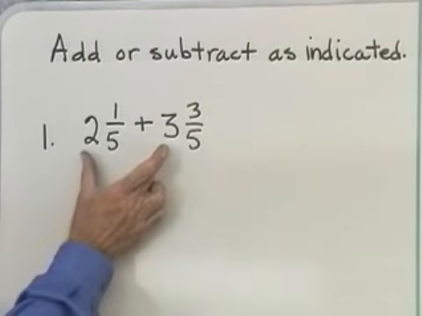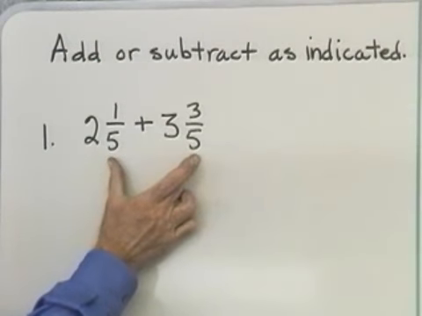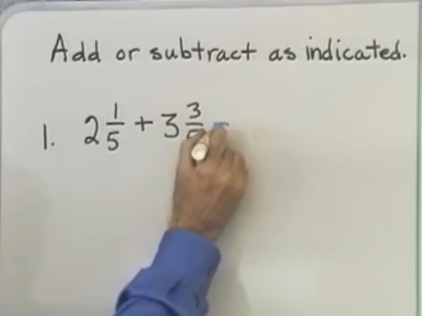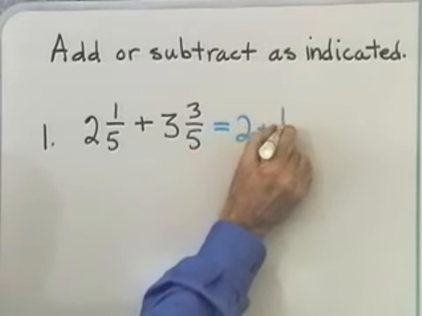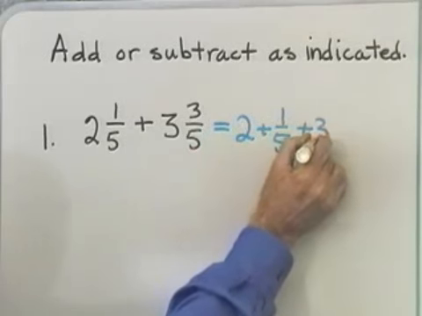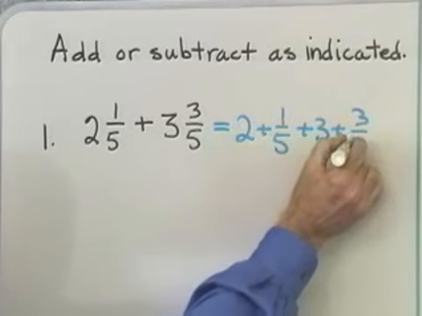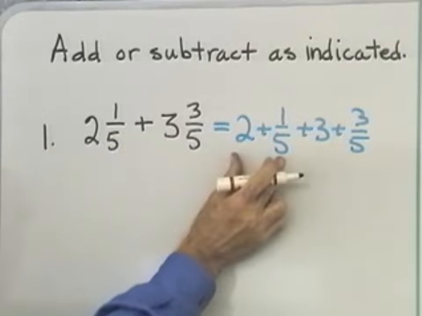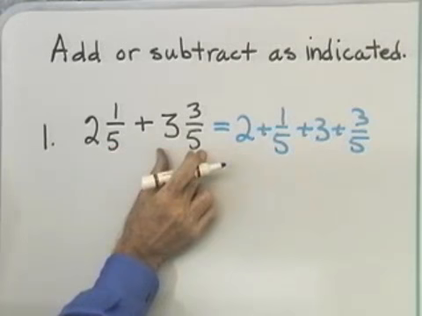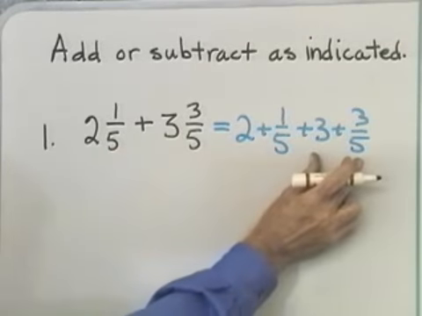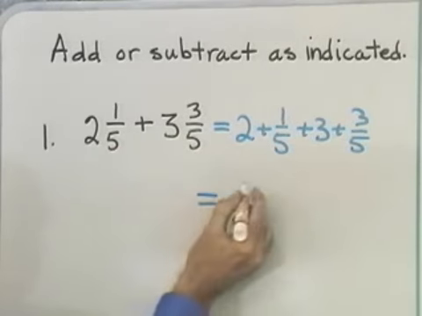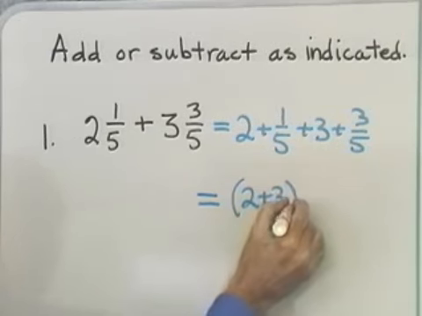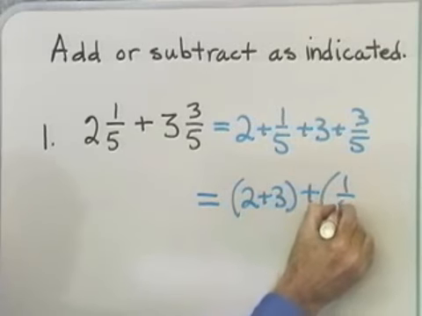It looks like we should be able to add the whole number parts and the fraction parts separately and get the result. But just to be sure, let's use our definition. This is going to be 2 plus 1/5 plus 3 plus 3/5, if we just use the meaning of this notation, 2 1/5, as 2 plus 1/5, and the meaning of 3 3/5 as being 3 plus 3/5. Now you can see with the commutative and associative properties, this is going to be 2 plus 3 plus 1/5